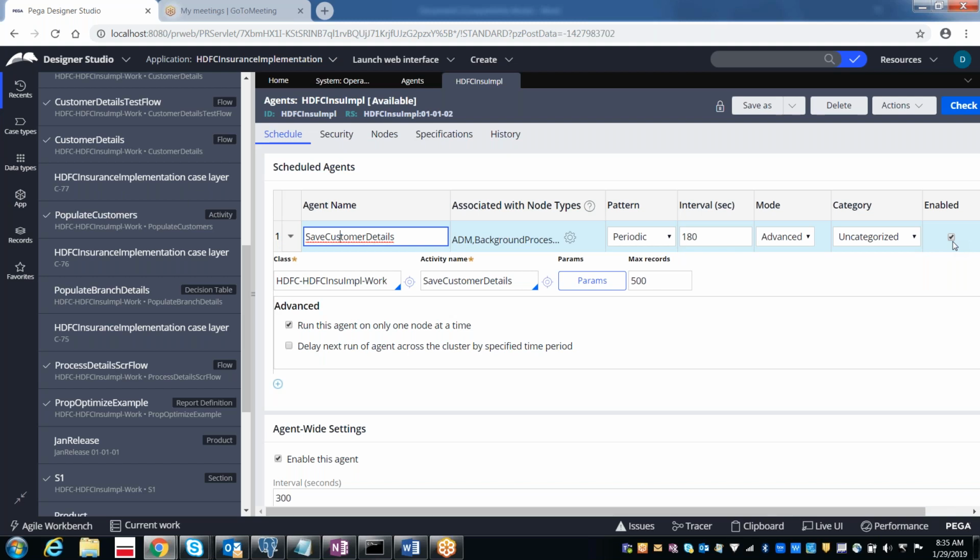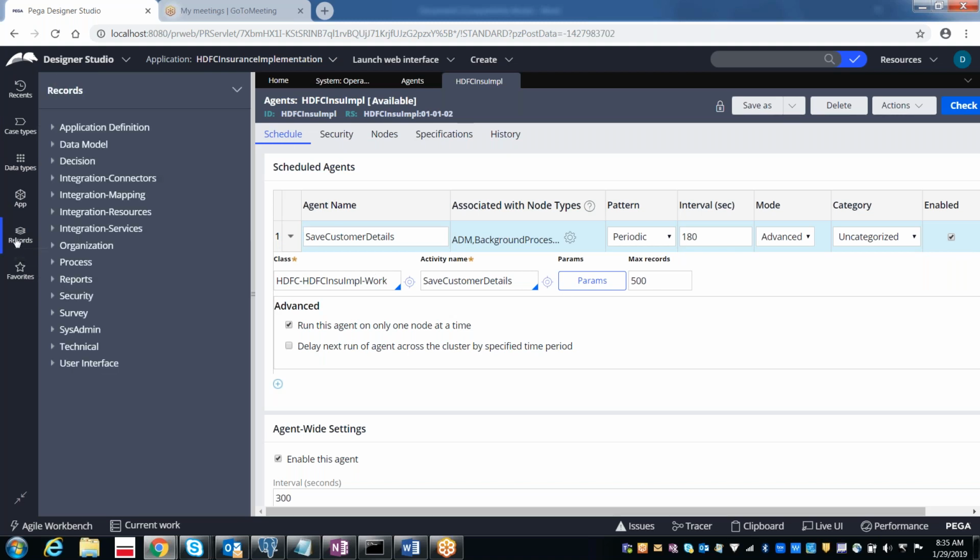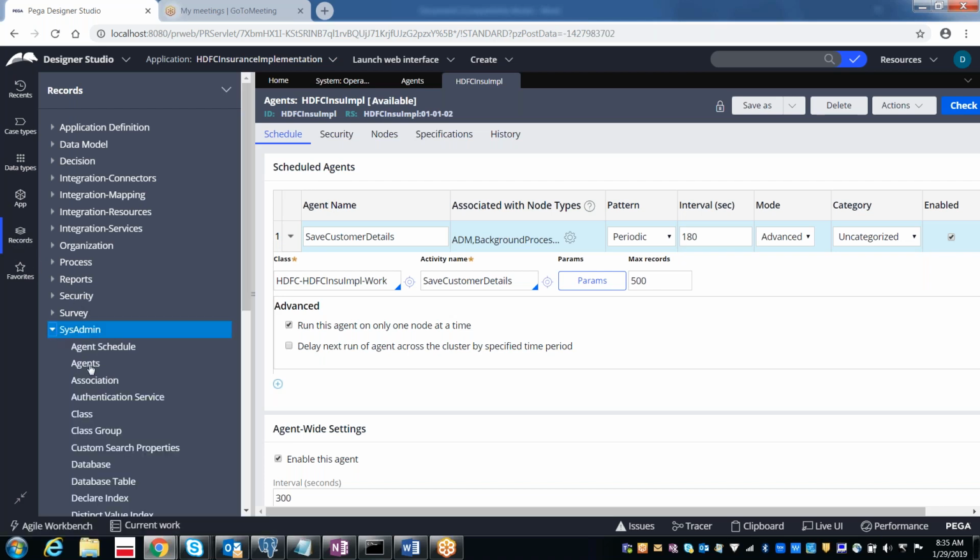If you want to apply it, you can use the agent schedule instance. Yesterday we created the agent rule. How exactly did we create the agents? By going to the records, then sysadmin, and then we selected agents. So for the agents we have created this.